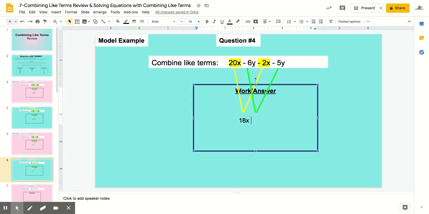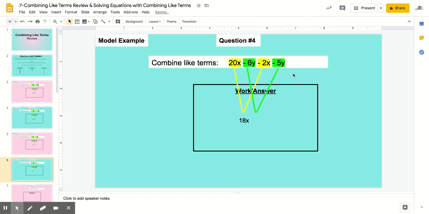All right. Next set of like terms. Be careful. Take the sign in front of the term with it. We have a negative 6y. Okay, negative 6y. And if we look at our next set of like terms, I have a negative 5y. Okay, so now I'm adding negative 6y